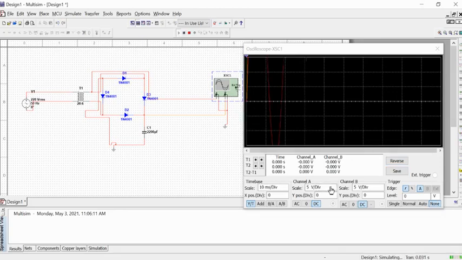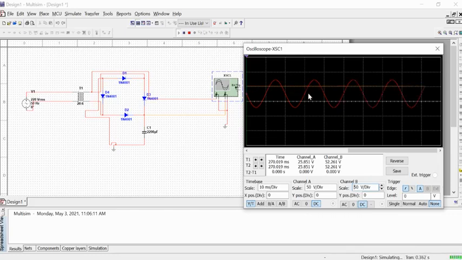Now here the divisions are very large at 5 volts per division, so I'm increasing it to 50 volts. For channel B it's showing 5 volts per division. I'm increasing it to 50 as well. So you can see at the output of this step down transformer we are getting an AC voltage waveform, shown by red color, of almost 52 to 60 volts, and after the bridge rectifier we are getting this orange color DC voltage waveform. So it is a smooth DC, which is what we basically want from our bridge rectifier.